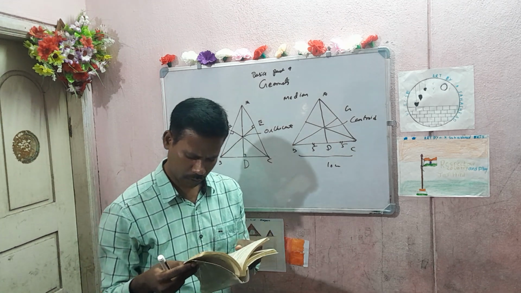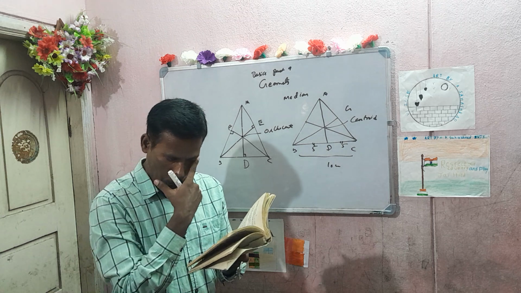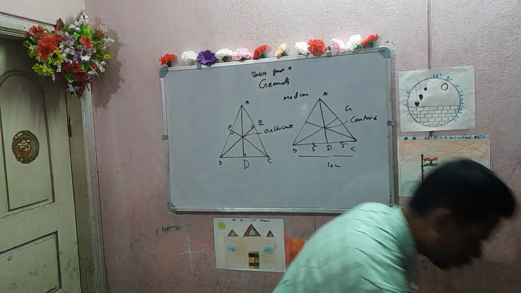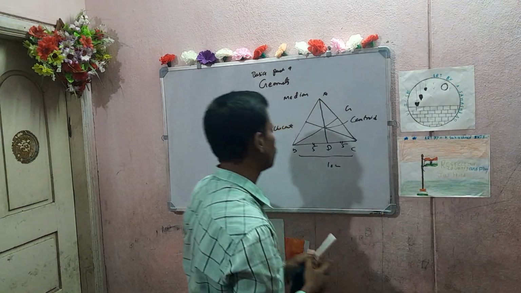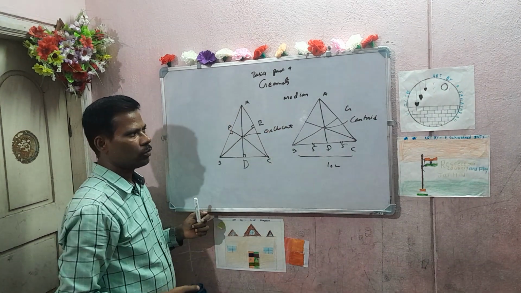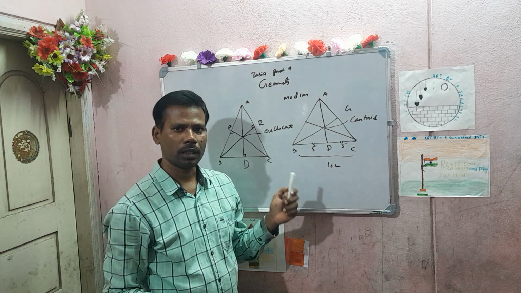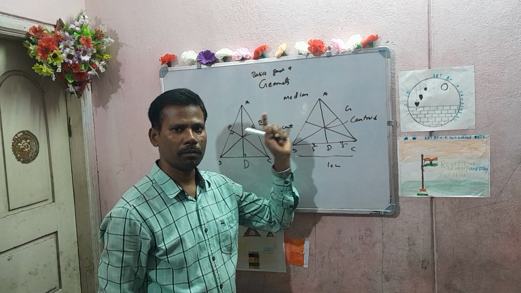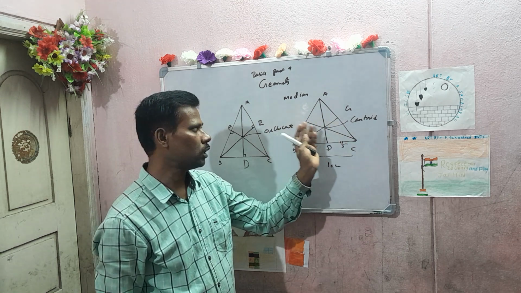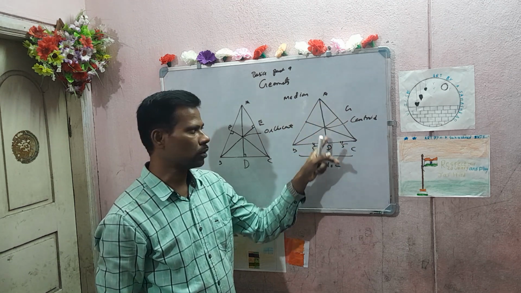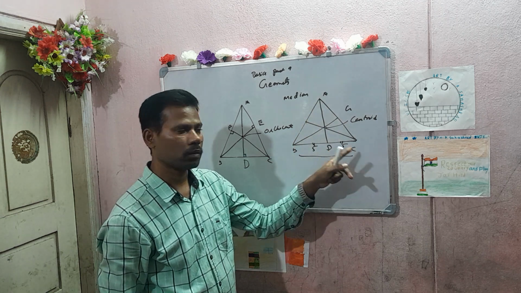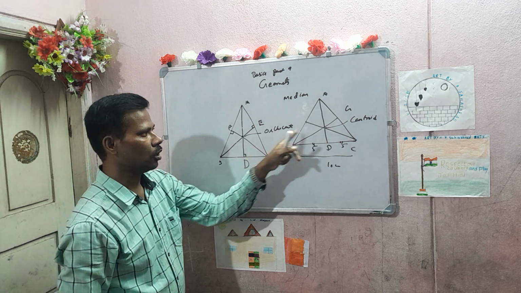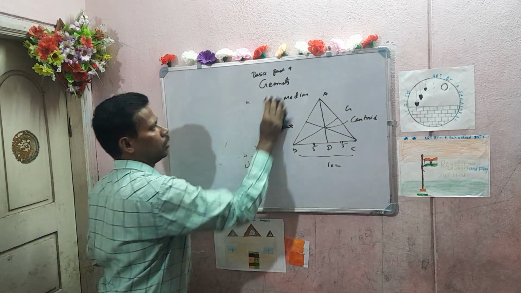Next, orthocenter is over, medians are over. Next, angle bisector. There are various other forms, circumcenter, incenter, that also we'll be discussing. But now our main intention is to learn the basics, new terms, what is there in geometry. Median, that is clear, line segment drawn from vertex to the midpoint of the opposite side. Altitude is a perpendicular drawn from the vertex to the opposite side. So orthocenter, centroid is over. Next,